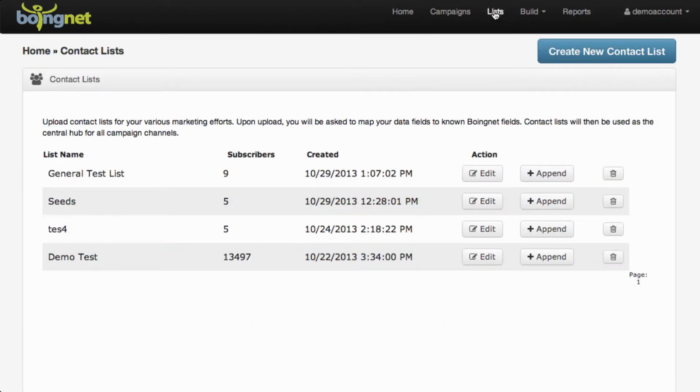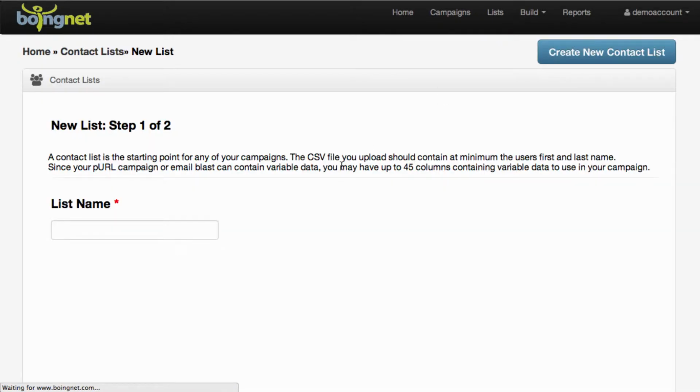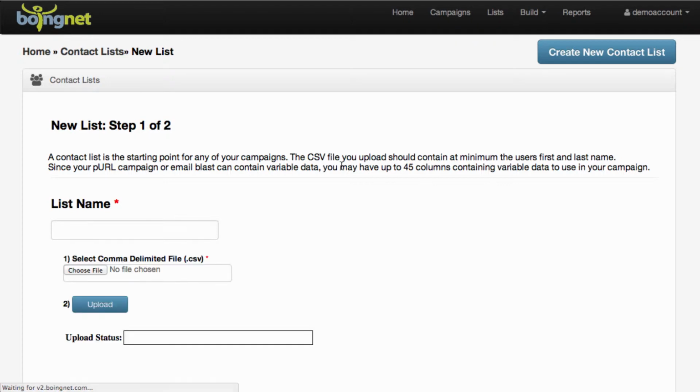This will take us to a page with all of our pre-existing lists displayed in chronological order. To create a new list, we can simply go to the top right of our screen and click Create New Contact List. This will take us to a page where we can fill out some basic information about the list